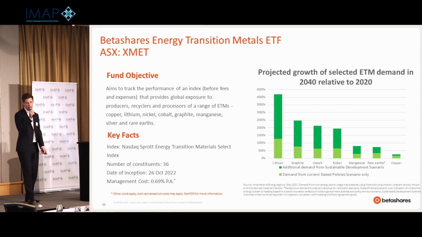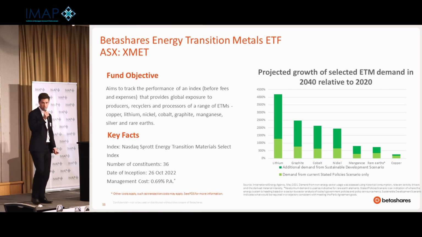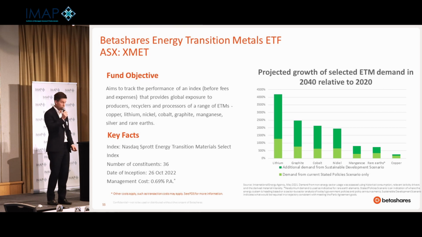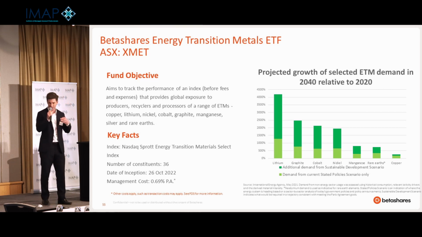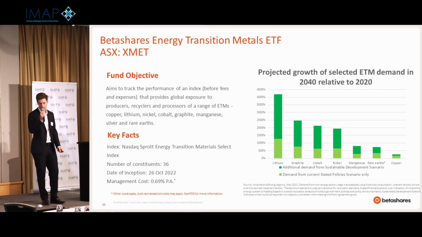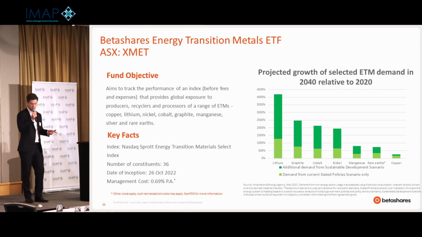Another one of ours is our BetaShares Energy Transition Metals ETF. Look, there's a number of dynamics in the energy transition. One is about access to raw materials. You might have seen that Australia followed the US, released a critical minerals strategy to help fund the development of some of these producers. But another really interesting dynamic, and this is particularly applicable to thematics, is if you look